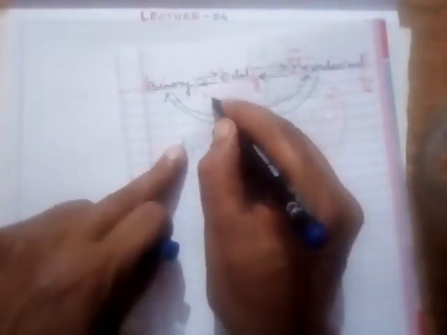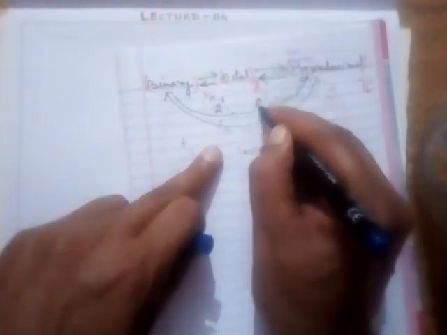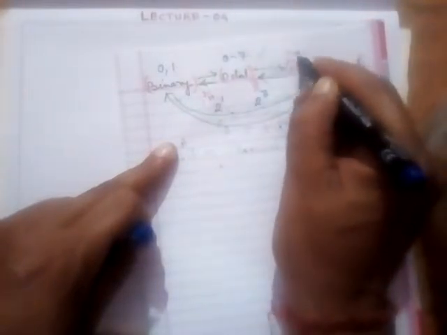That is one method. Now, as I discussed in the previous lecture also, if you look at these bases, they are in terms of some powers of 2. 2 is equal to 2 to the power 1. 8 corresponds to 2 to the power 3, and 16 is equal to 2 to the power 4. The point is that all of them are in powers of 2. In binary number, you have only two digits, 0 and 1. In octal, you have digits from 0 to 7. And in hexadecimal, of course, you have digits from 0 to F.